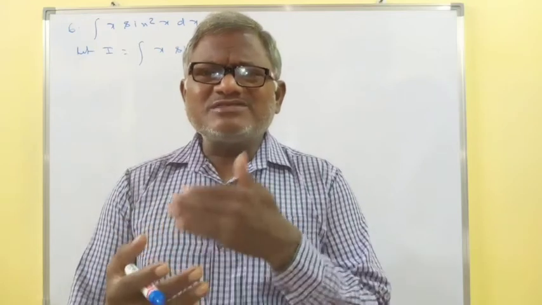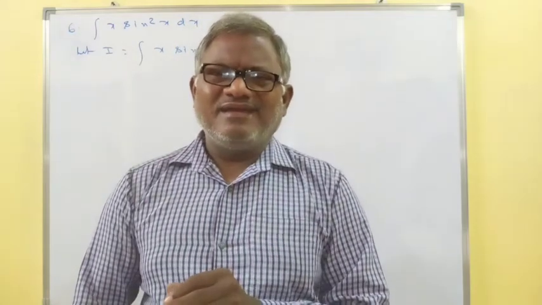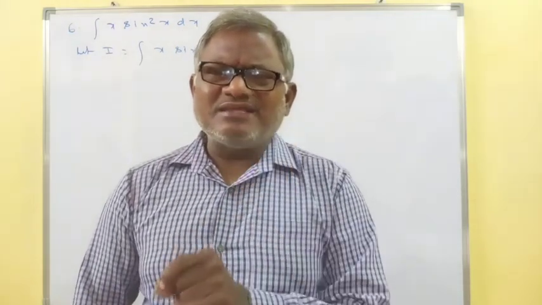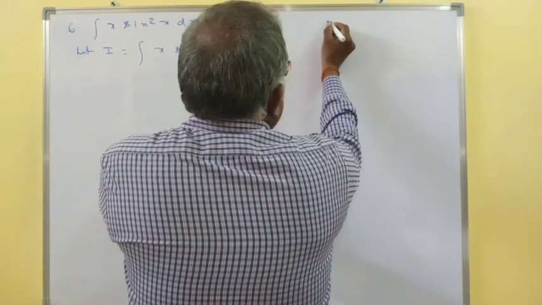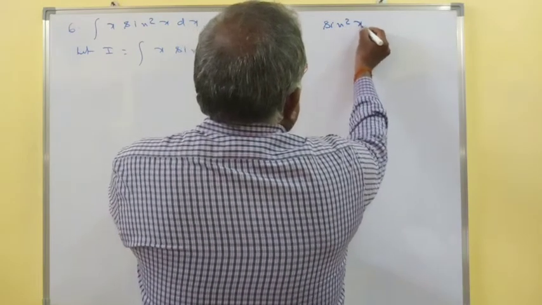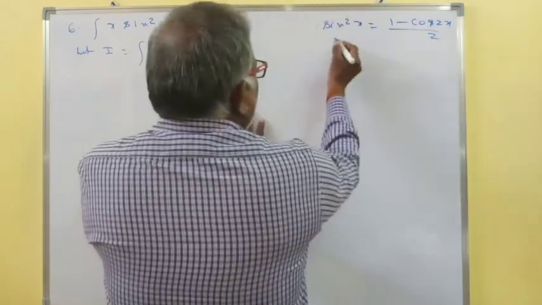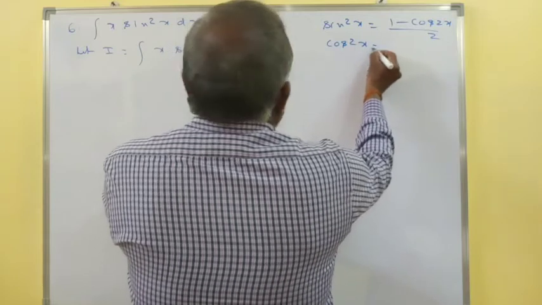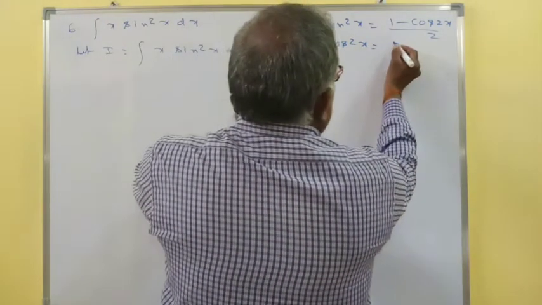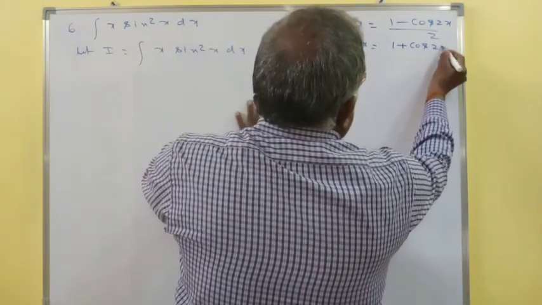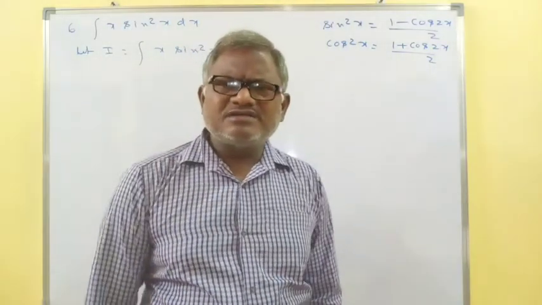So for that, what you have to do is write down the sin square x formula from trigonometry, multiple and submultiple angles. Sin square theta is nothing but 1 minus cos 2 theta by 2. Here sin square x means simply 1 minus cos 2x by 2. Remember, for cos square x, if x cos square x is there, use 1 plus cos 2x by 2. This is the formula you have to use to evaluate such integrals.